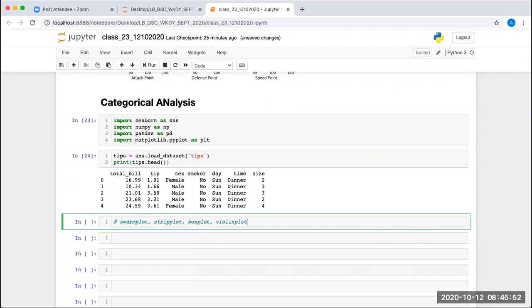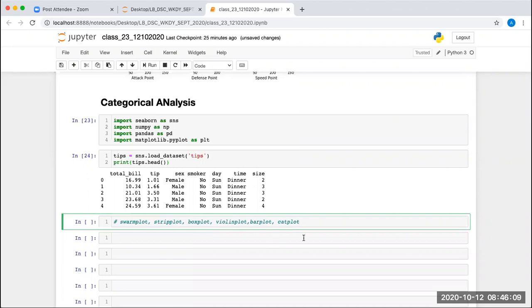Okay, and next we have cat plot. That is the categorical plot.